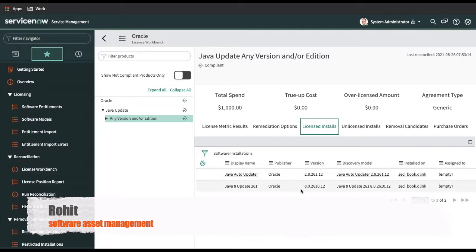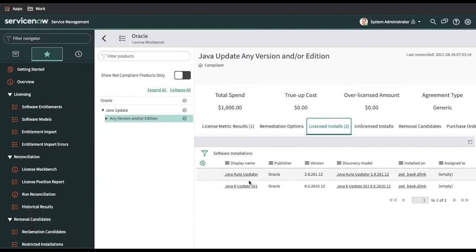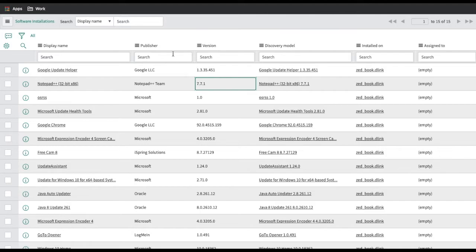Now, if I go back here and click Java update and click here, although I installed 2 software here, these 2 software are installed on the same machine, right? Because this is the same device, that's the reason it is not generated, because their display name or their model is the same, right? So that's the reason I can install the same software twice in the same device. In that case, it will not take any license cost for me. Maybe 2 different versions, but that won't take any license cost for me because it's a per device cost.